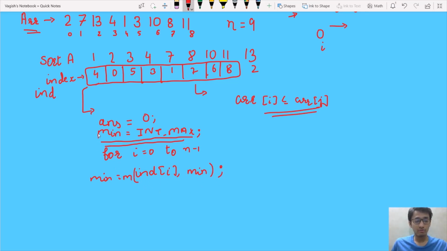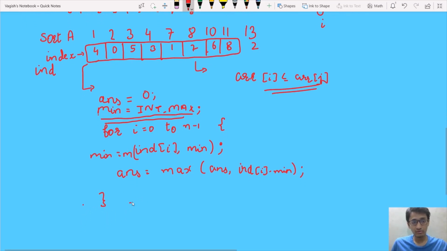Now what we are going to do is update our answer variable, which is max of answer comma current element at which we are standing, ind I minus minimum. So this is the simple approach for solving this problem, and after we came out of this loop we are going to simply return this variable answer.